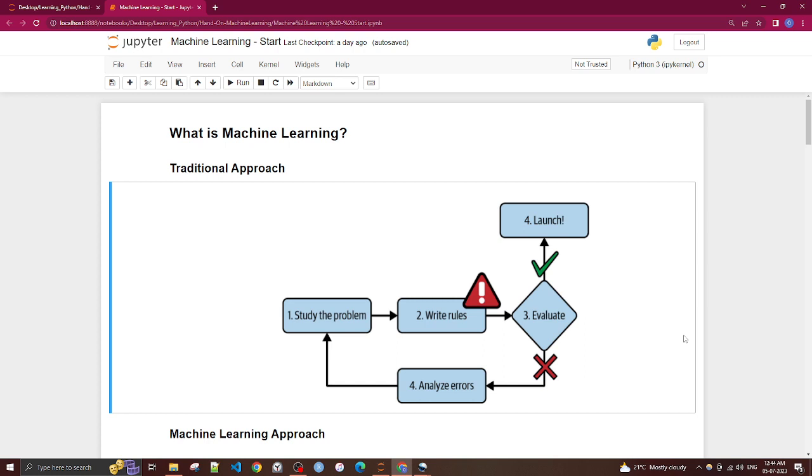But in machine learning, what really happens is the machine learns from the experiences, from the data. So there are certain models where we feed some data and it learns using that data. And when the new data comes, it uses the previous experience, the previous data set which we have fed in the training. Using that experience, it provides the output. So that is what machine learning is all about. And machine learning is not new. It goes back like 50, 60 years, right?